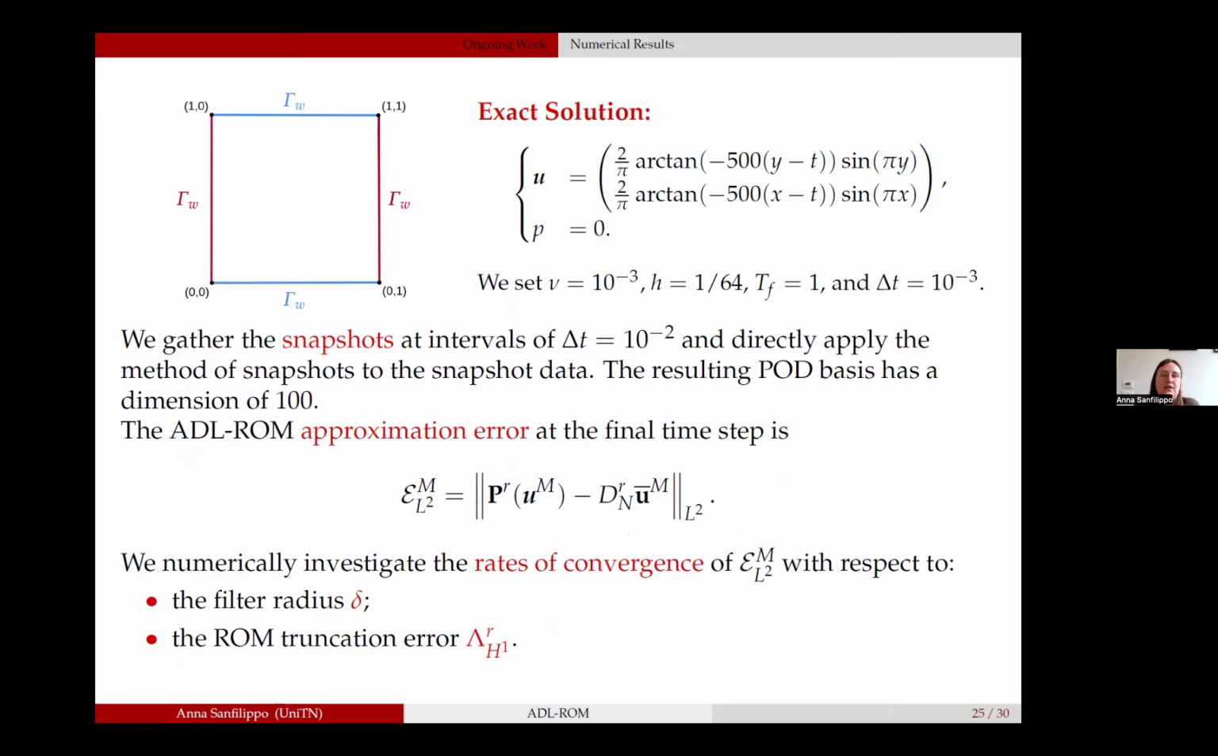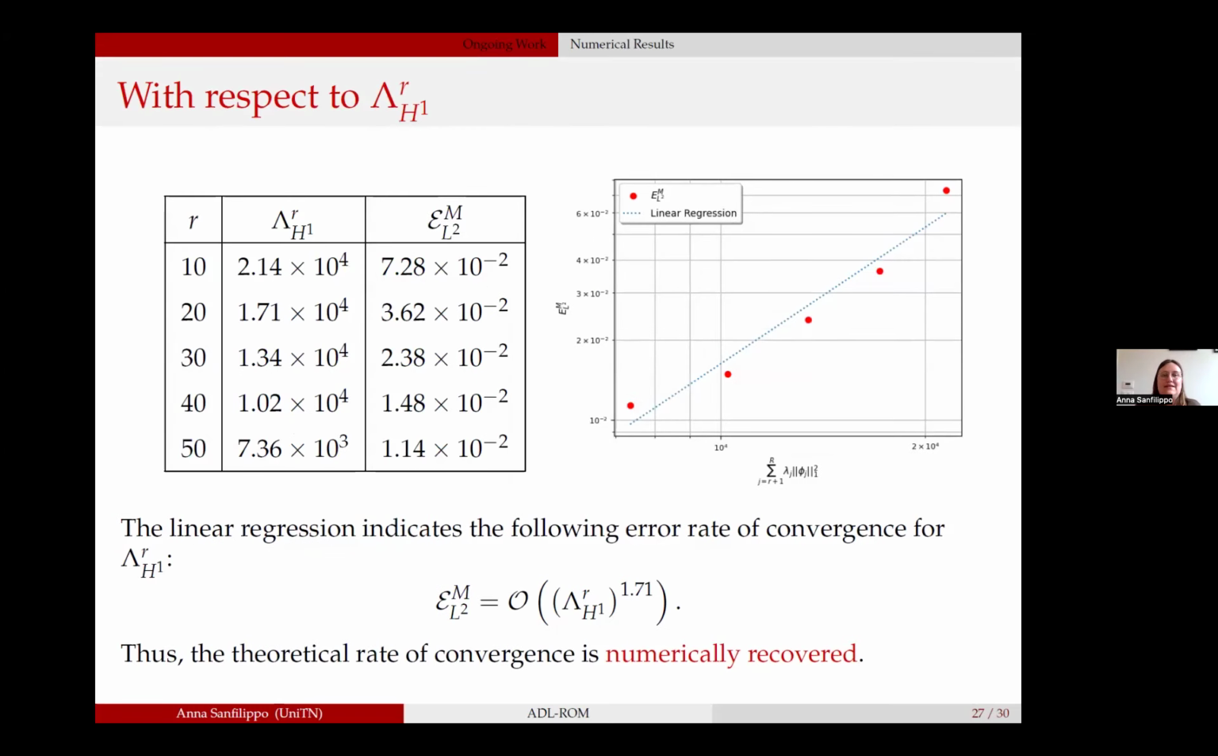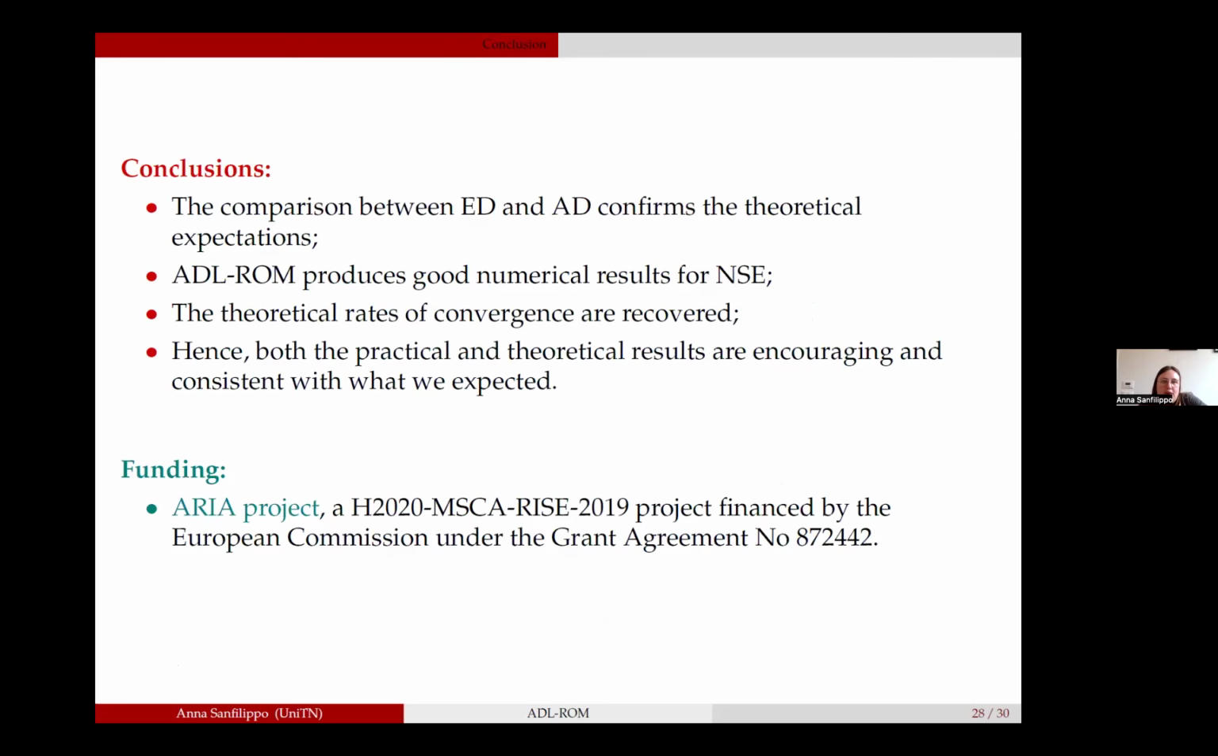And so it's a very difficult problem to be fully described by only 10 basis functions, due to these very stiff waves. So it's explicable by this behavior, this very, very good rate we reached. So for now, we can say that from the computational and empirical point of view, ADL-ROM is performing very well,